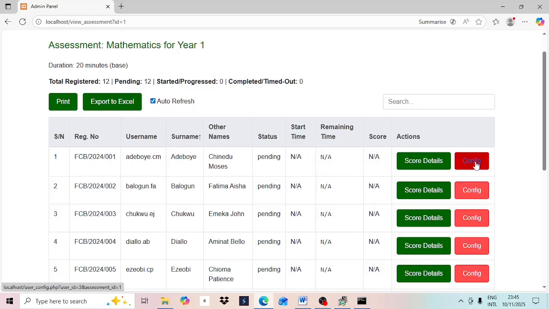change some settings for that particular user. Remember, this is for a particular user. So if you click score detail, you are viewing it for this particular user. If you click configure, you are viewing it for this particular user. So let's go to,